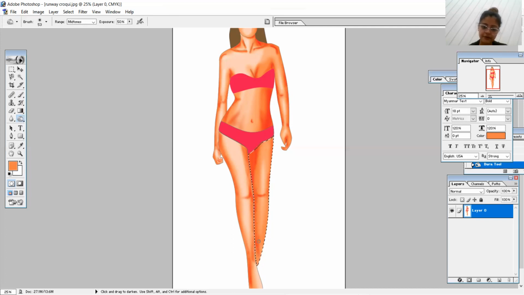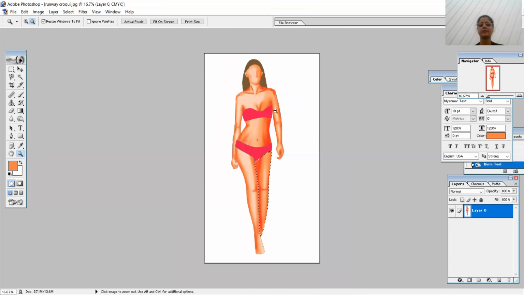This line should be very dark because one leg is overlapping the other leg. There is a lot of shadow fall there. To show that fall, that overlapping, we need to do it with a very dark shade. So here we are making it darker than the first one. Now this is done and let's just zoom out and see.